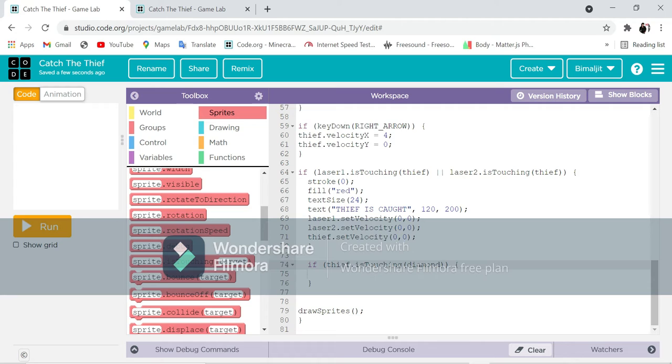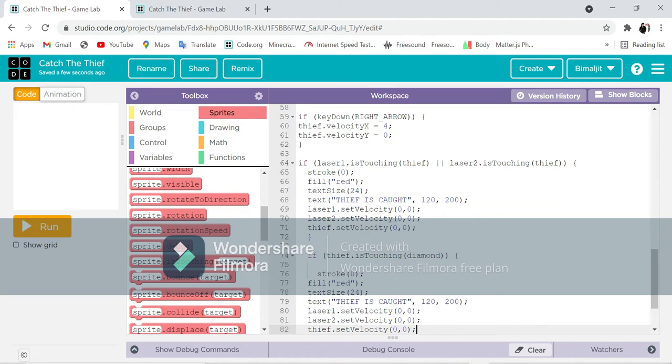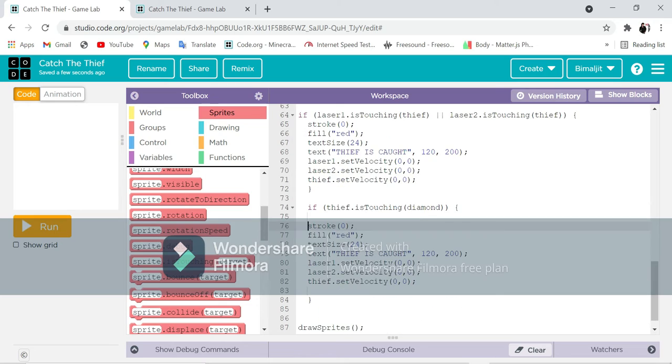Now, as we have written the diamond, we just want to write for the diamond. So now let's come here, and then we have to write all these conditions. So let's press Control C and Control V, copy paste it. Now we only have to change the text. So what we will write over here is that the diamond is stolen. Diamond is stolen, I think this will be alright, or else you can write more also.